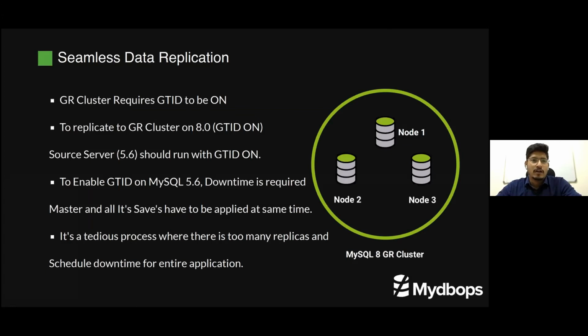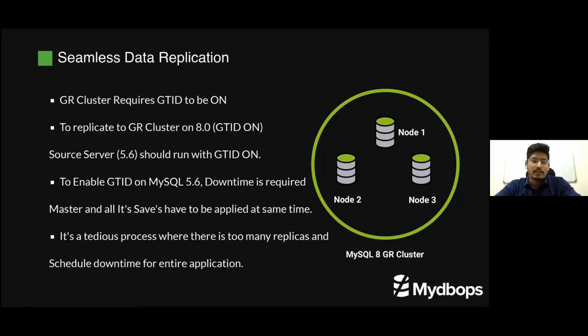Okay, so here are our thoughts about the seamless data replication. Say we want to have a GR cluster up and running. One of the mandatory requirements of a GR cluster is that GTID has to be on always. So to replicate to an environment with GTID on, the source should run with GTID on. Otherwise, MySQL will throw an error saying that the binary logs do not have GTIDs. So to enable GTID on the master, downtime is required,